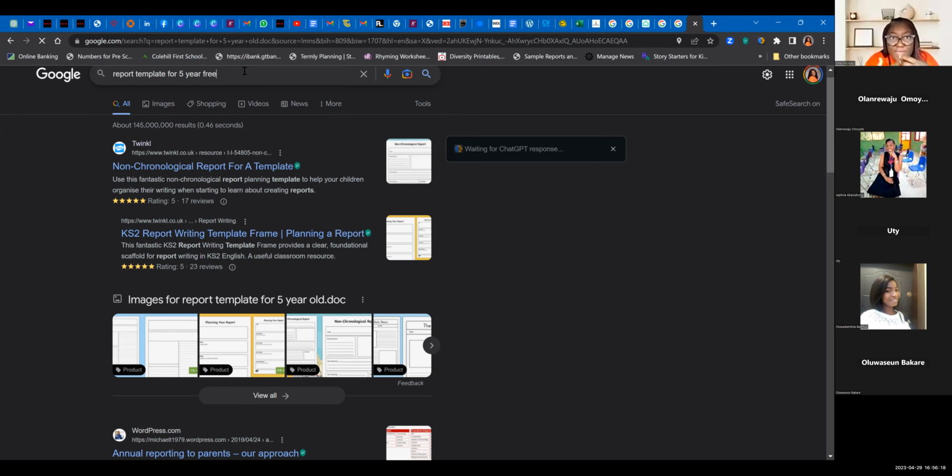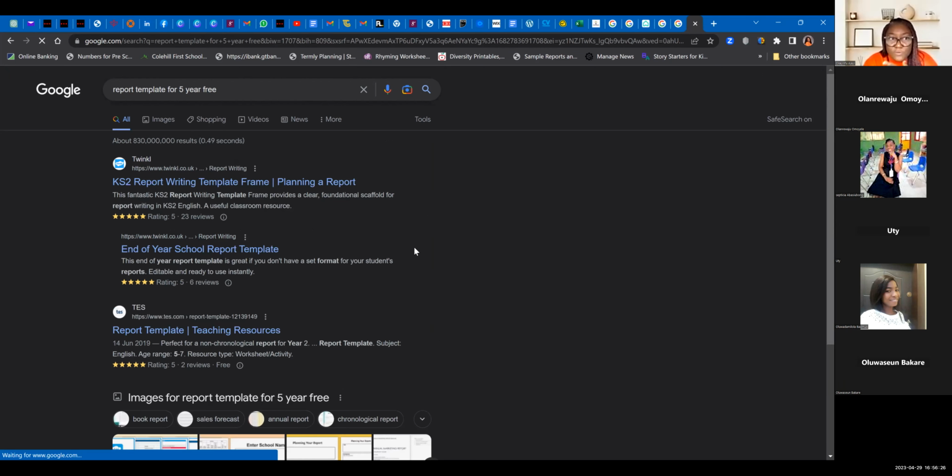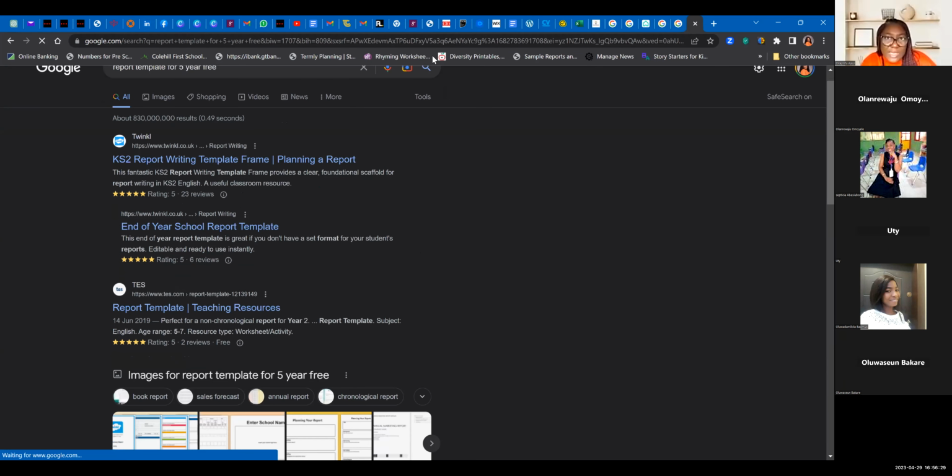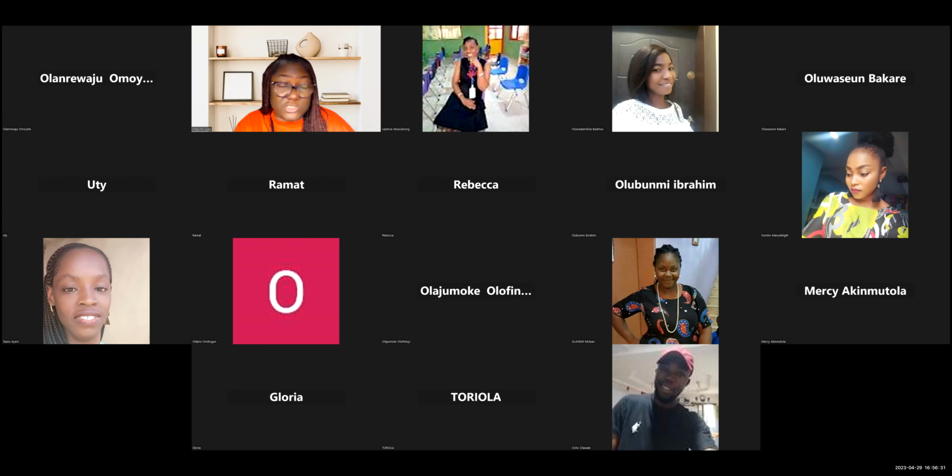Once you do stuff like that, you will notice that you then have templates that you can download. But you'll need to at least do part of the work. And that's some of the issues that we have, right? And it's not just for teachers, to be honest. I work with project teams, and there are some people who just don't want to do the work. And I'm like, you have to do the work. That's why it's called work. You can do it smart, but you do have to do the work.